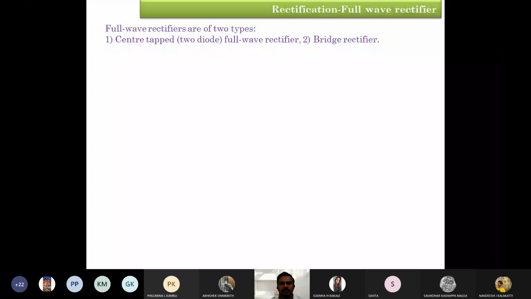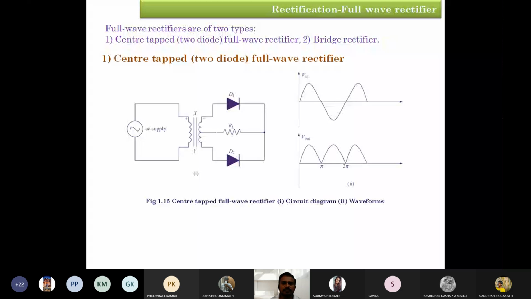In the full wave rectifier, there are two types. One is the center tapped full wave rectifier, and another one is the bridge rectifier. The center tapped, generally known as the two diode full wave rectifier. If you look at the diagram, it has four, or you could say five components. One is the input AC supply, another one is a transformer. Based on the requirement, we may use any one among step down, step up,